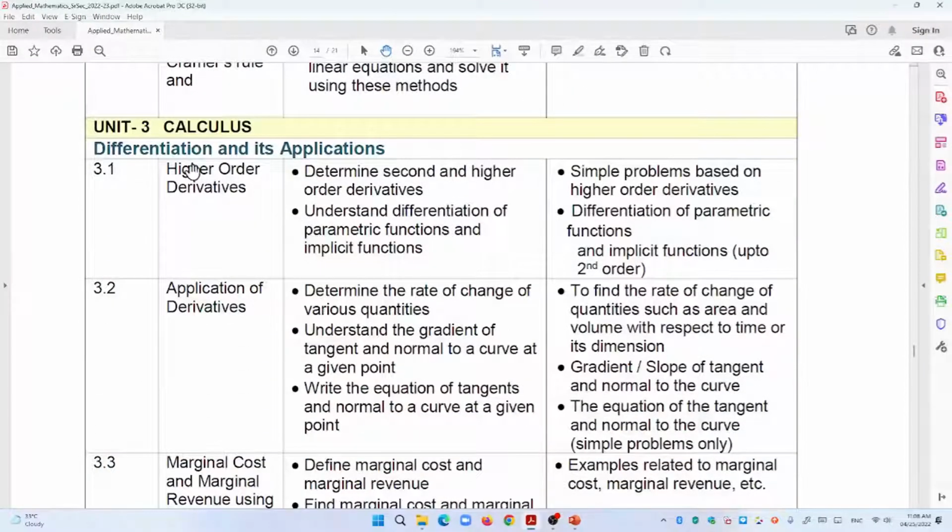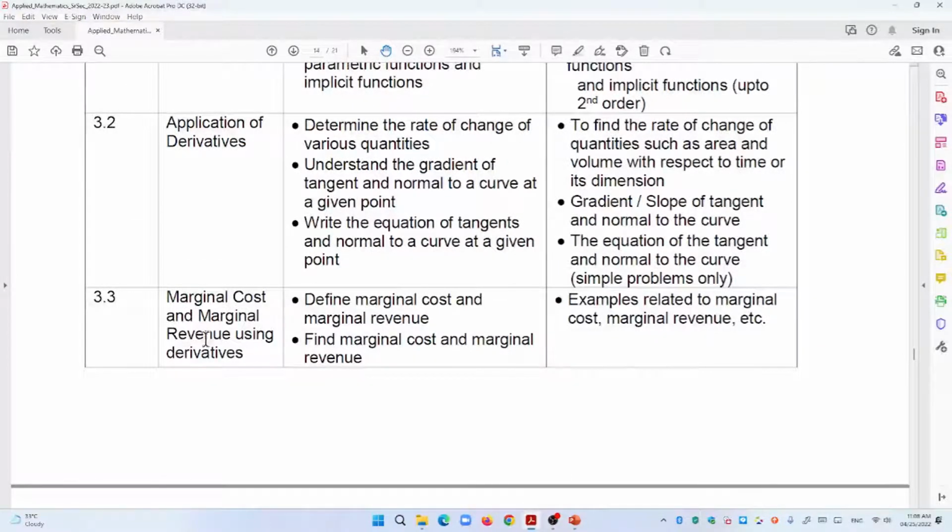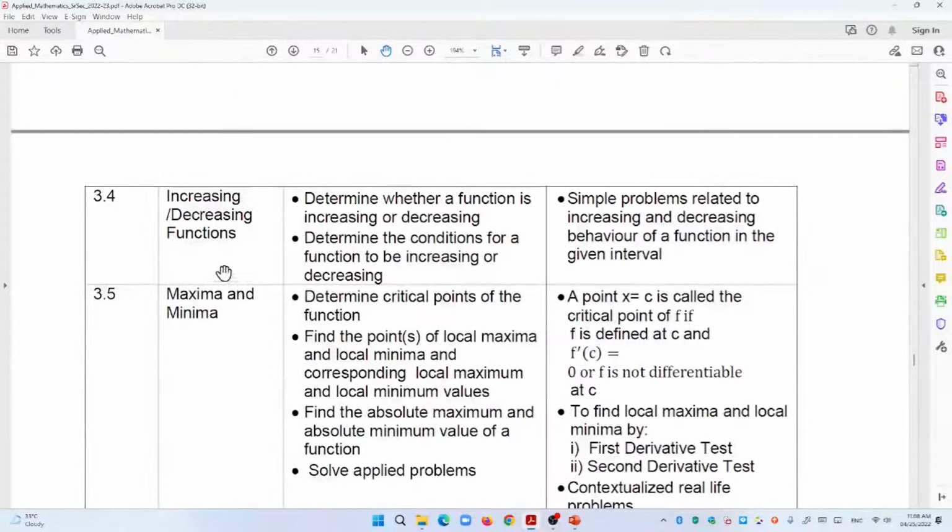Next we have the third unit, Calculus. It has got 3 major topics. The first topic is differentiation and its applications. The second topic is integration and its applications, and the third topic is differential equations and modeling. So under differentiation and its applications, we have higher order derivatives, application of derivatives, and then marginal cost and marginal revenue using derivatives. Then increasing or decreasing functions, and we have maxima and minima using first derivative test and second